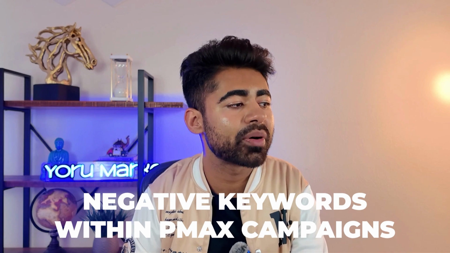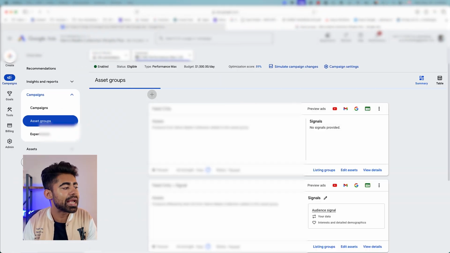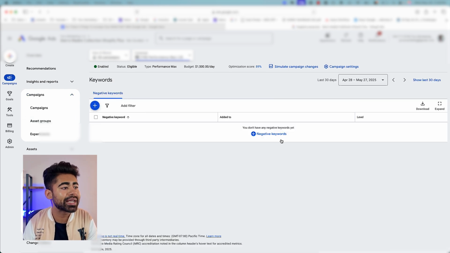But this now brings us to the third most important way that you can implement right now to increase your return on ad spend fast with Google Ads, and this is through negative keywords within Performance Max campaigns. So if we go on inside this Performance Max campaign right here and go into the audience, keywords, and content section, go to keywords,